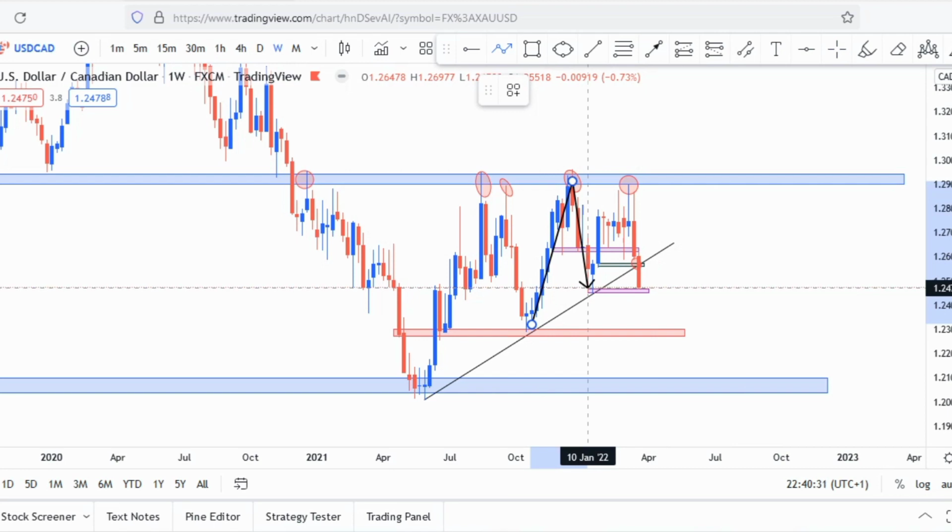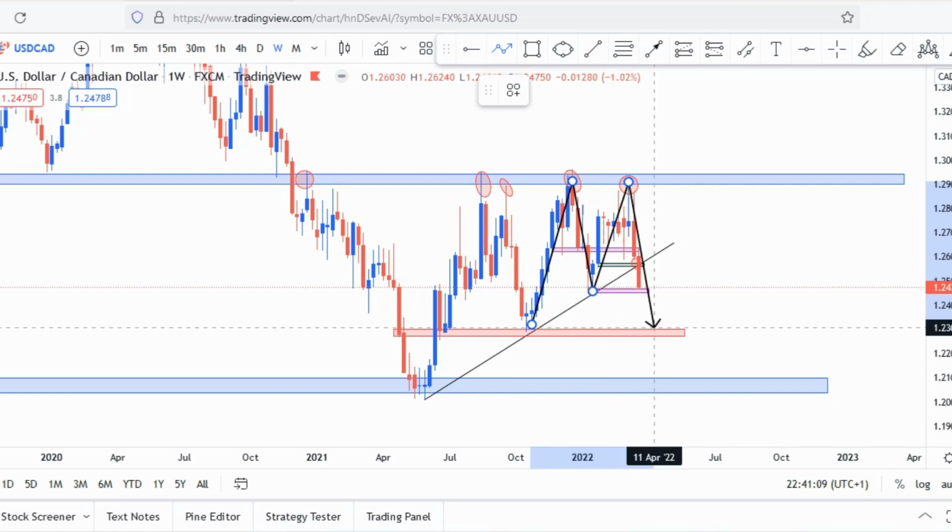to take us all the way down to the 1.21 area. But from this level here we can see this double top pattern, where price tested this resistance level twice and then continued to the downside, having multiple rejections up there. Price got all the way down to this trend line as well as support level and broke it, and all the way down to this next support level, which is more or less the neck of the double top pattern. So what I'm expecting is generally a break of this neck area all the way down to this next support level around the